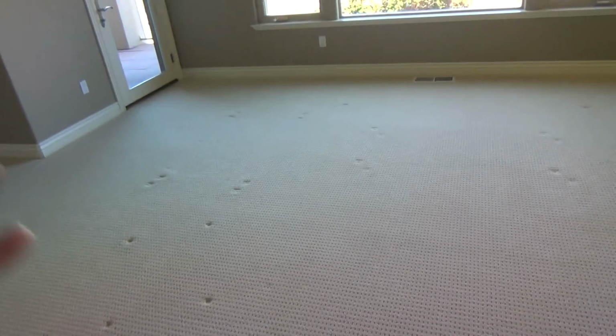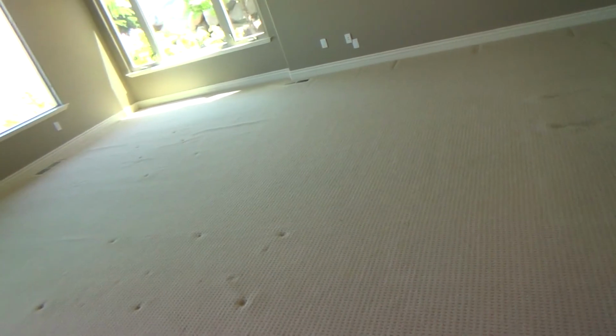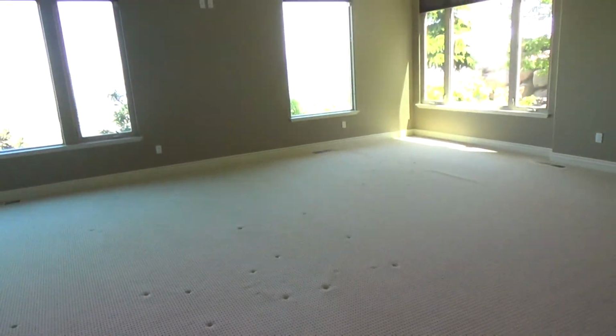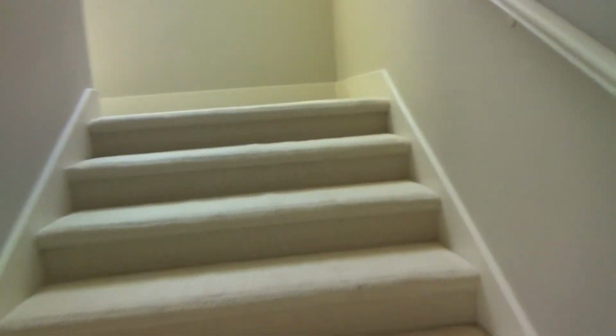I'm going to have to put some plugs right into the floor. And lucky for me, this is a wood floor, and there's an area underneath the house that I can crawl. Yes, I'm going to look at that and try to figure out what I'm going to have to do for that. And let me just take you up here. Yeah, I'm going to take you up here real quick. I'm going to show you up here,